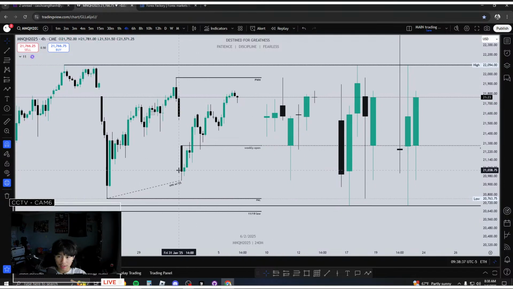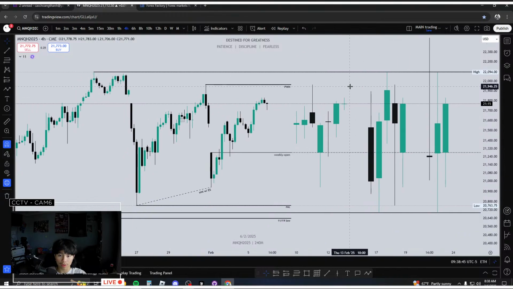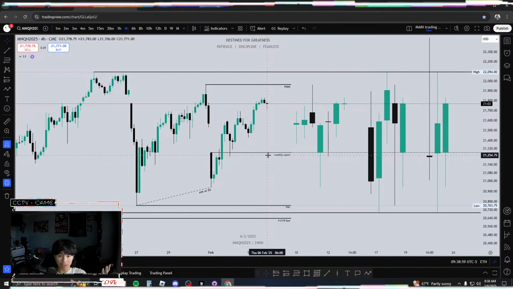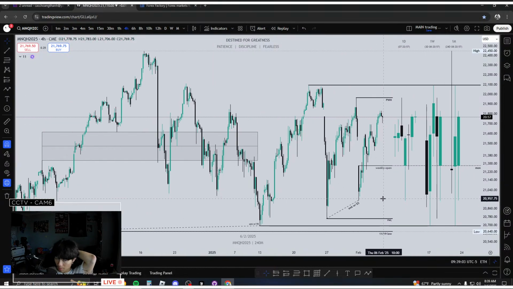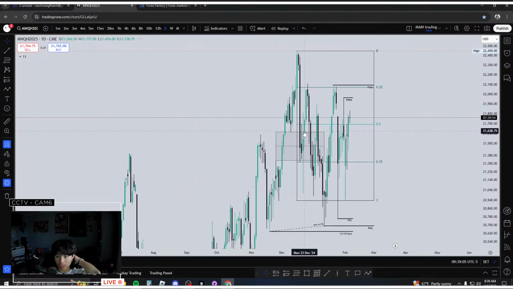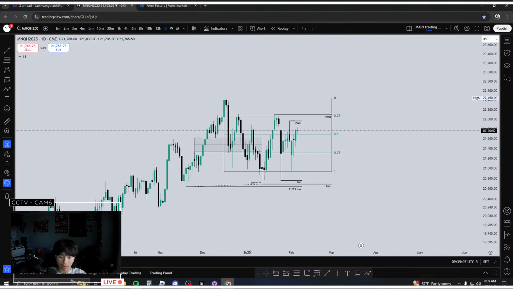Because here, I'm thinking to myself, okay, have we set the low of the month here yet, right? Because we just opened up here on the monthly candle. So this week, did we create the low of the monthly? Did we create the low on the monthly candle time frame at least? I mean, we could have. I'm not entirely sure, but if we take a look at the charts here on the bigger time frame, at least,